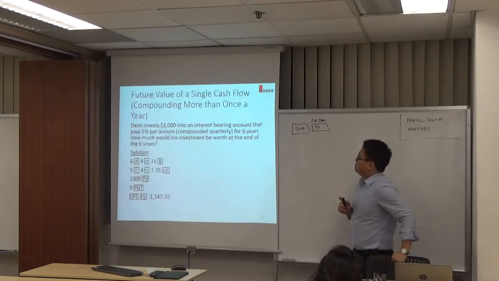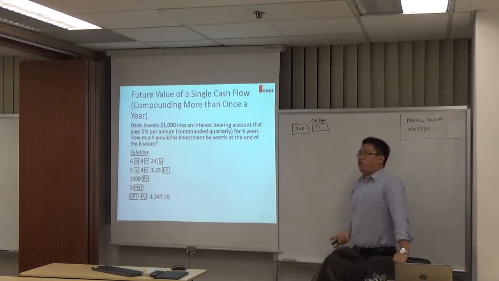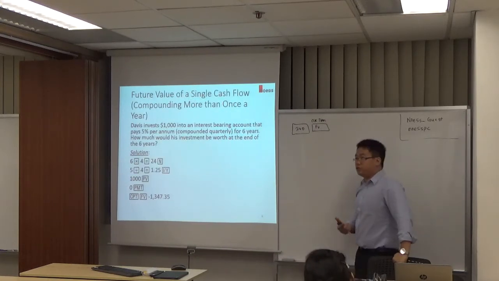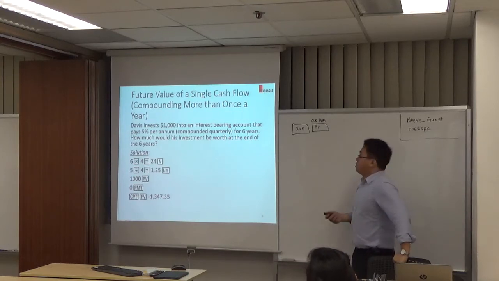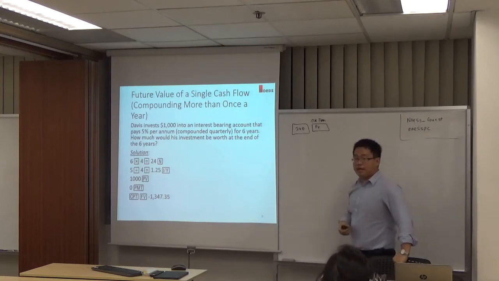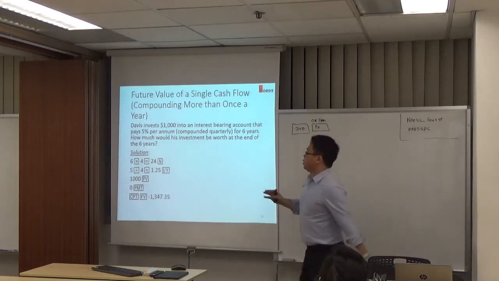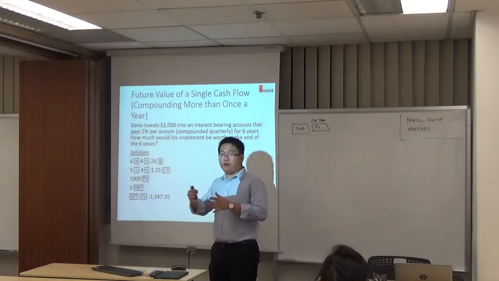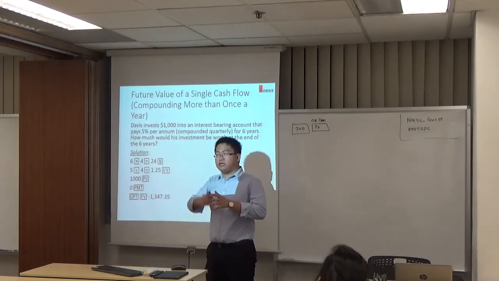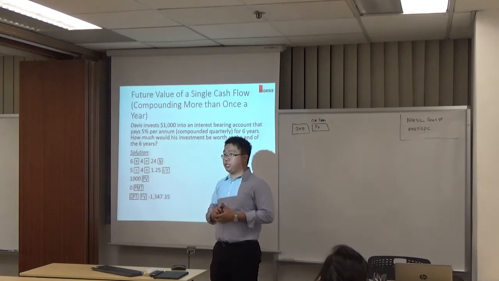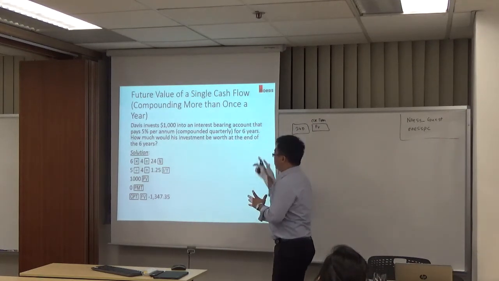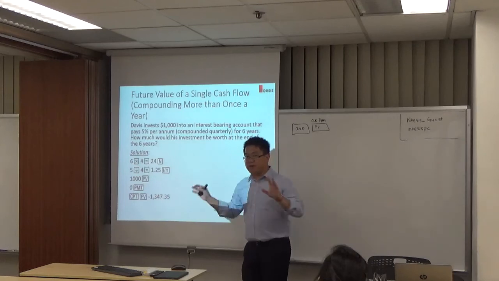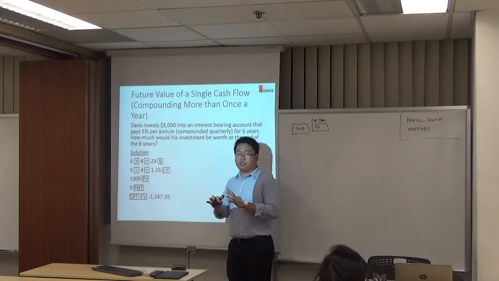Now, next part is what happens if it's not annual compounding? What happens if your money actually generates interest faster? In this scenario, let's say Davis invests $1,000 again into an interest-bearing account. It pays 5% per annum, but it compounds quarterly. That means the account actually pays you interest every quarter. So your money actually turns faster. You get more interest. Now, in this case, you will also be investing for 6 years. I purposely made it the same so that you can see the difference,